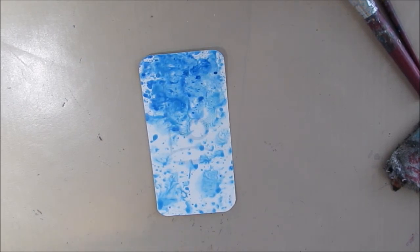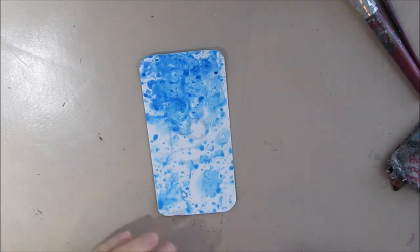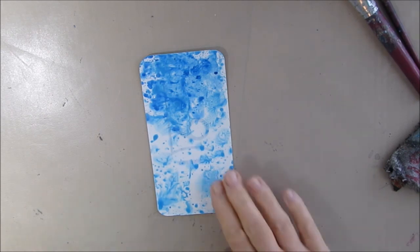So, index card number 14, and the prompt is leaves. So I think leaves, trees, and instantly I think about fall. And so I pulled out some jelly prints in kind of fall colors, and I pulled this background that had